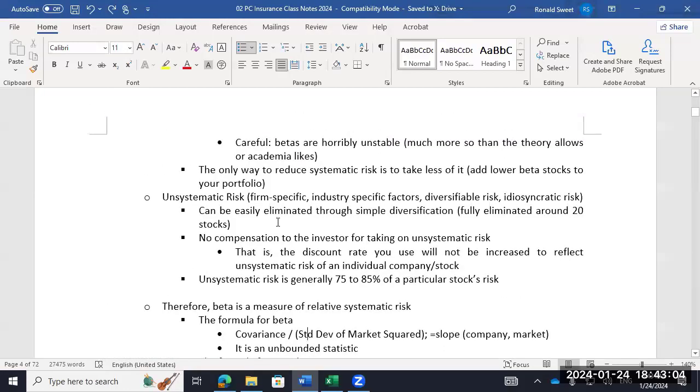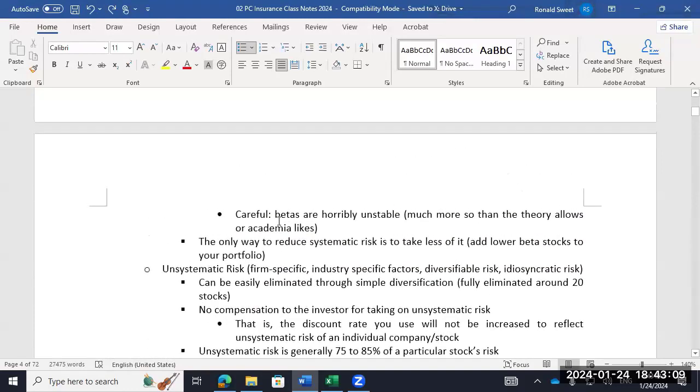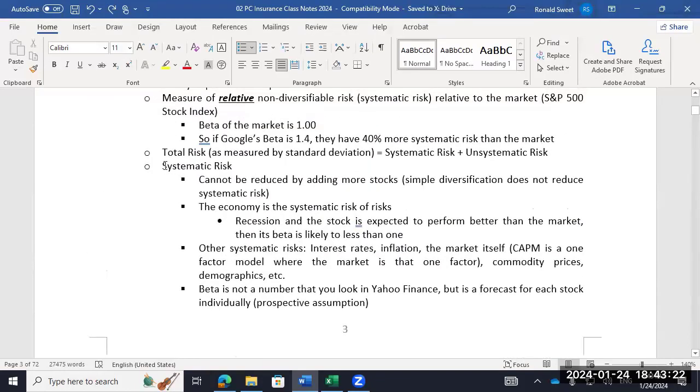All right, so I don't know if any of y'all want to guess what this has to do with insurance. I don't think you would, because this is pretty bizarre. It's a really fun execution. Note takers, you might ask the question, what kind of risk does a typical insurance policy cover? So a company buys insurance. Let's say Home Depot buys insurance from Hartford. Are they buying insurance to cover Home Depot's systematic risk or to cover Home Depot's unsystematic risk?